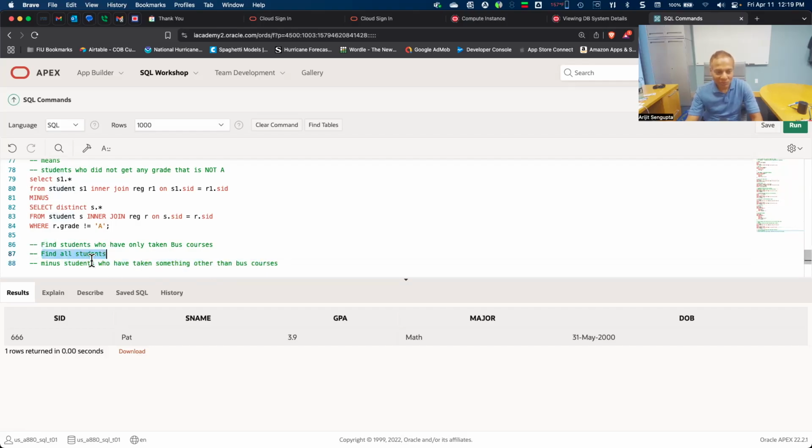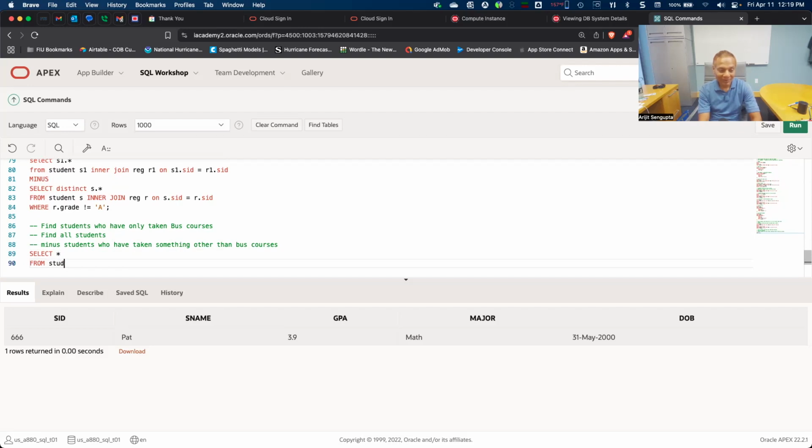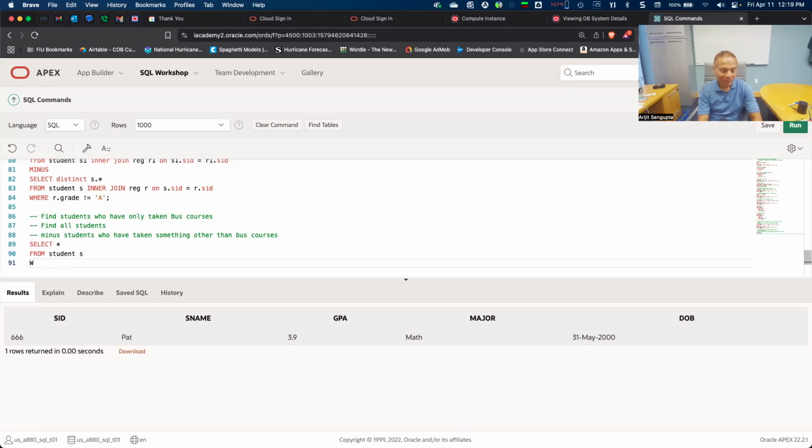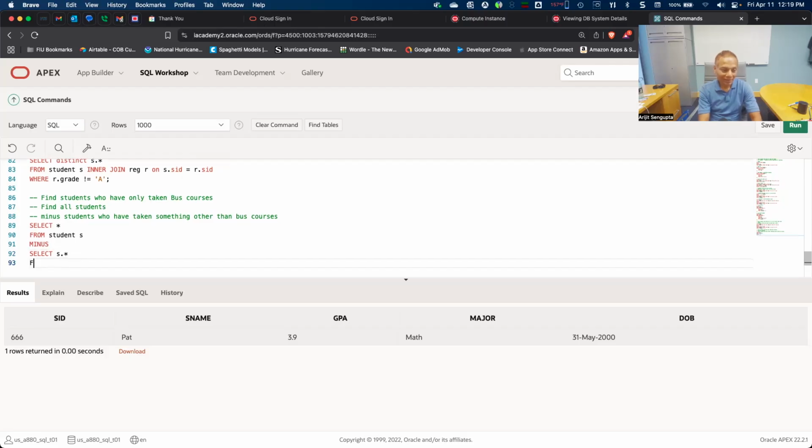So now I got two monotonic queries. I put a minus in between and I solved the query. So let's just go ahead and do this, and then we will do the one that I was thinking about that is a lot harder. So select star from student S, and then minus, select S dot star from student S, inner join reg R on S.id